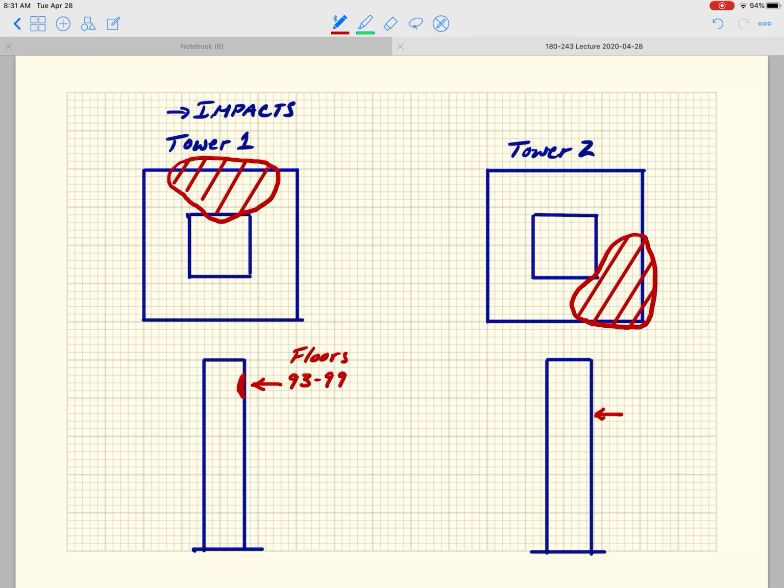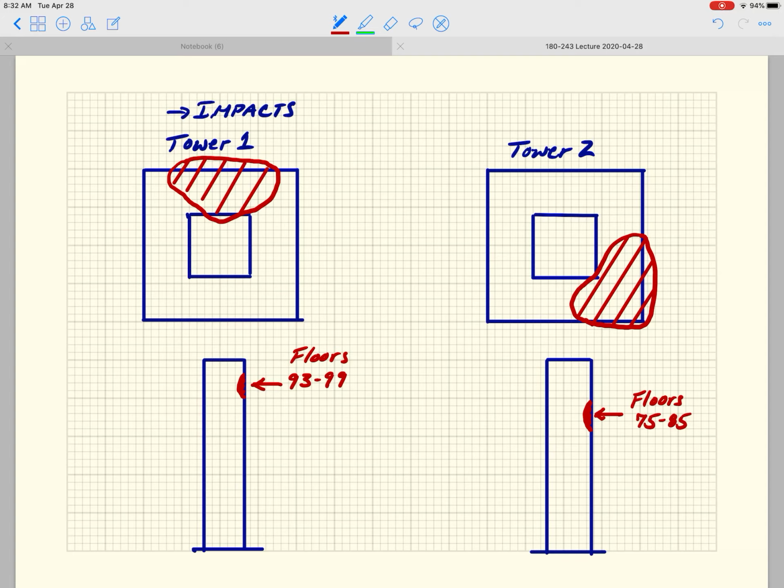So it got hit in this region here, which was floors 75 through 85. Right? So just looking at where those impacts occurred, both in plan view and then also in elevation view along the side of the tower,